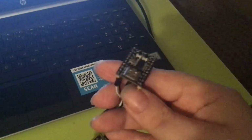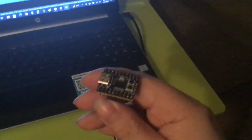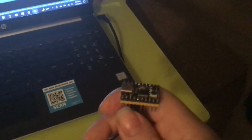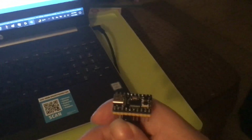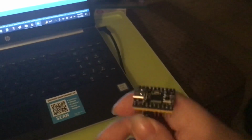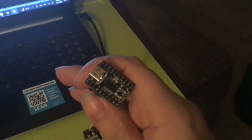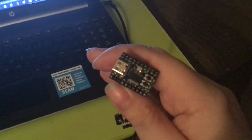Now this controller here, I want to talk about a few things before I get to programming this. This controller has one common quirk that a bunch of other types of controllers have, two unique quirks only this controller has, and one major flaw that makes this thing a house of pain to program. We'll start with the common quirk. This controller suffers a problem that most, if not all, ARM-based